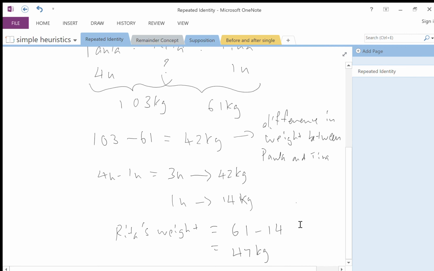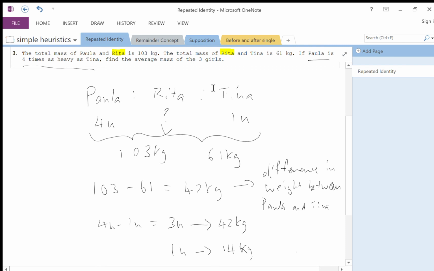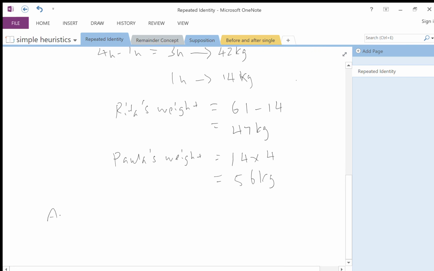You can also find Paula. Right, what's Paula's weight? Paula is equal to 14 times 4, because it's 4 units. So 14 times 4 equals 56 kilograms. So we are told to find the average mass of the 3 girls. To find the average mass, so average mass, to find the total, that's 14 plus 47 plus 56 divided by 3. 39